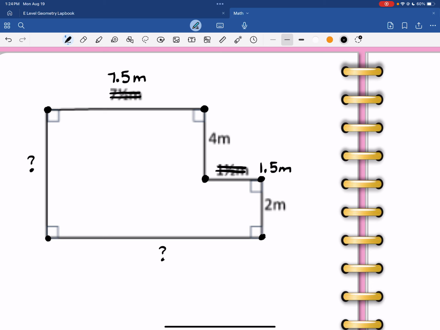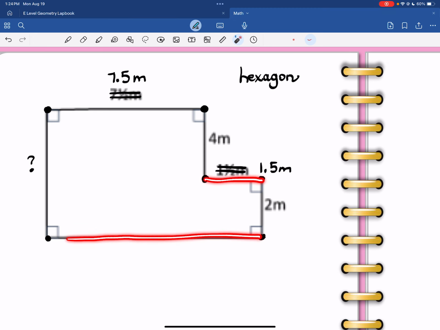But we do have another hexagon. So we need to know 6 numbers to be able to solve this problem. So if I'm looking at this one, let's get the bottom, the base first. I'm looking at things that run left to right, horizontally. Okay, and this time it's the long one that I don't know. I'm going to have to build up to find that one. So I'm going to take that 7.5